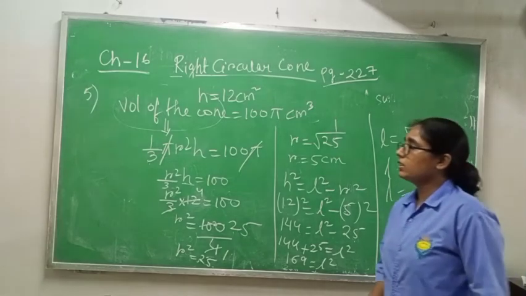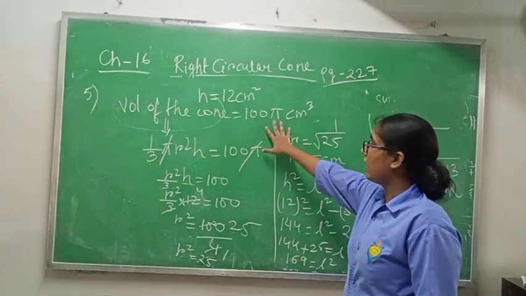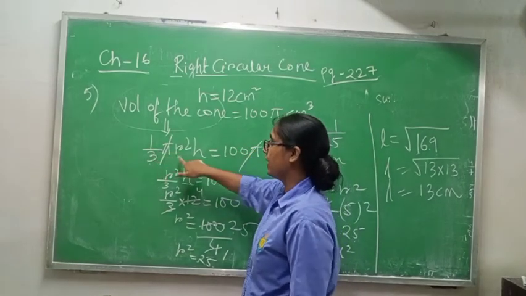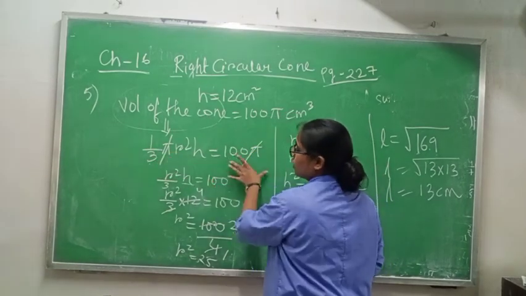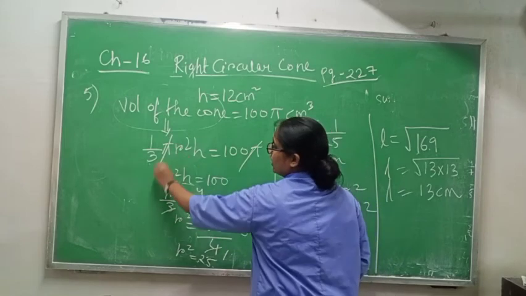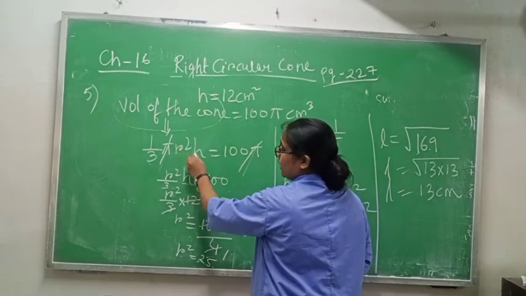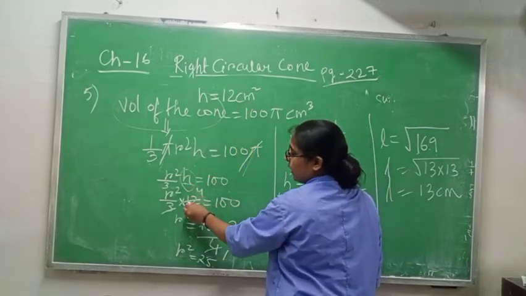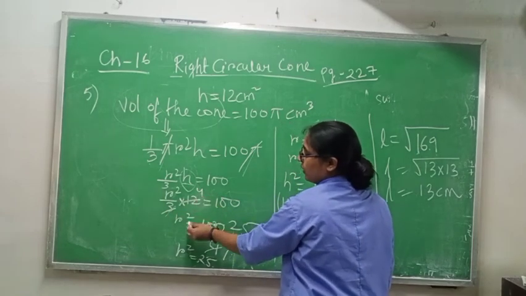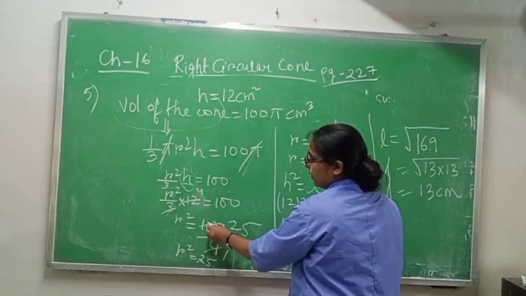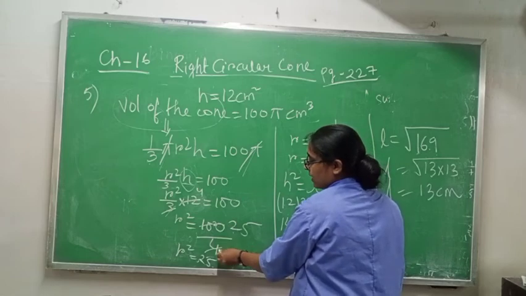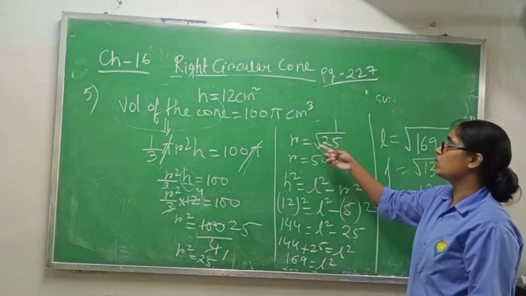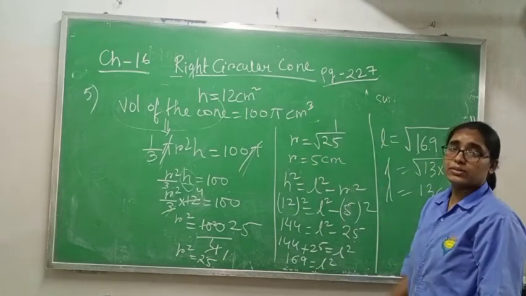Okay, so what we have done in this question, volume of the cone is given 100 pi centimeter cube and we know the formula of volume which is 1 by 3 pi r square h. So we can equalize this and this because both are volume of same cone. Now this pi will cancel out, r square h by 3. Now h is already given to you, 12 centimeter. So 3 fours are 12. Now this 4 will come down, so it will become 100 by 4. So when you cancel using 4 table, you will get 25. So r square value you are getting 25 means r equals root over 25, r equals 5 centimeter.